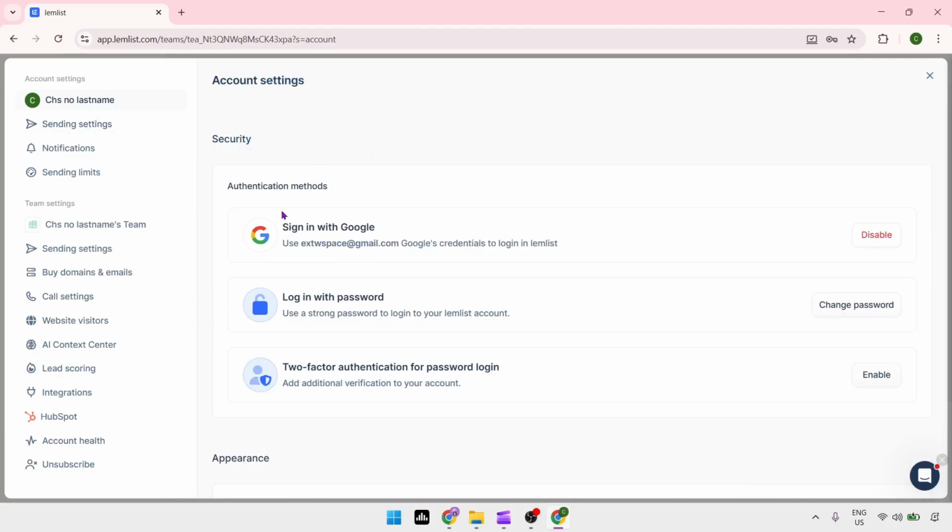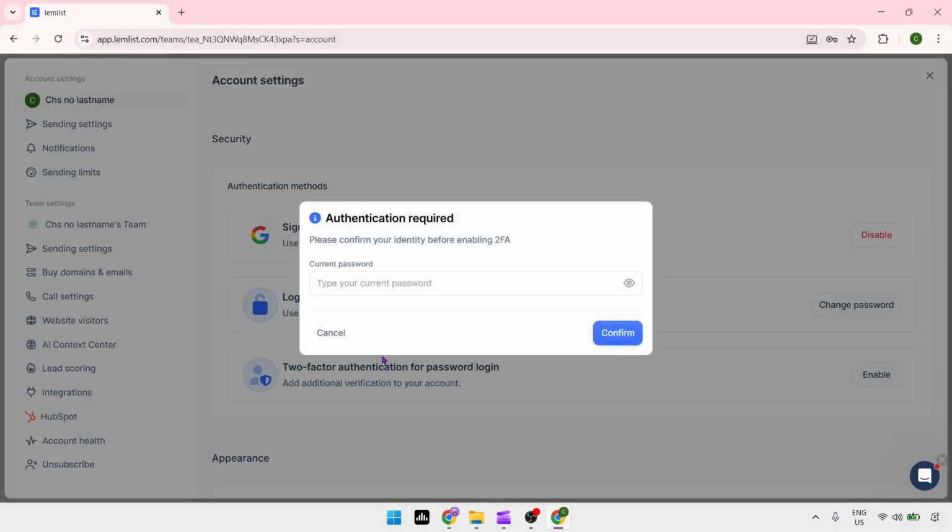And here you'll see three authentication methods, including the two-factor authentication. So all you have to do is click on the enable button beside it. To proceed, just type in your current password,